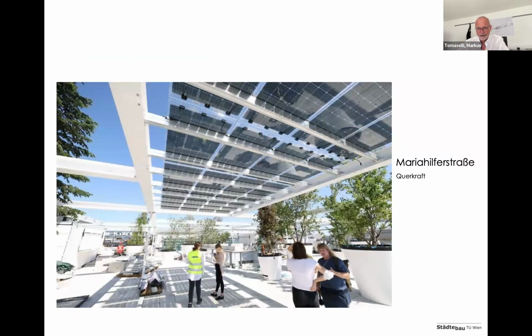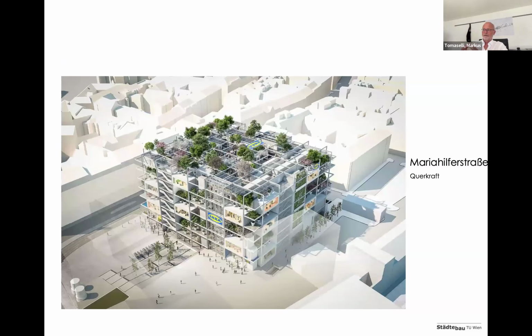This is a project that happened recently in Vienna in a very central area. It is a shopping mall. But this shopping mall contains not only IKEA and some other shops, it is also a public space. So on top of this building, we have a public garden, which has some areas for consuming, like bars and restaurants, but is also freely accessible for the whole neighborhood, and has